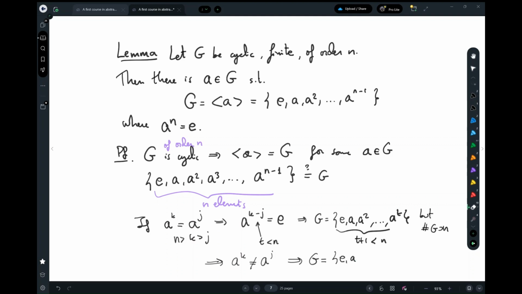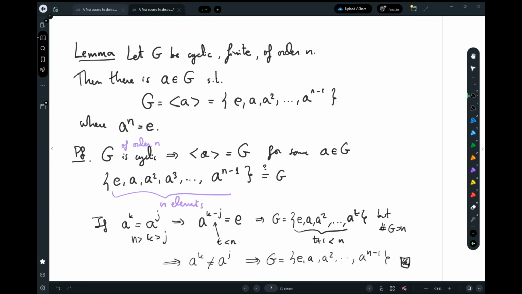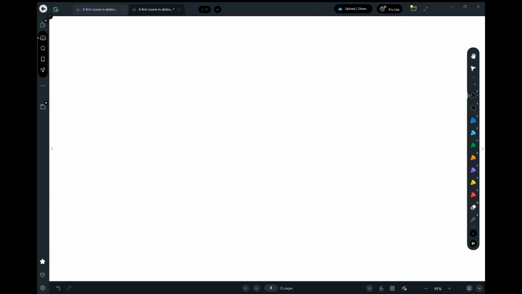a, a squared, all the way to a to the n minus 1. And then we see that the nth power has to be e. That's the first time there is a repetition. Okay, so knowing that, I can also prove the following,